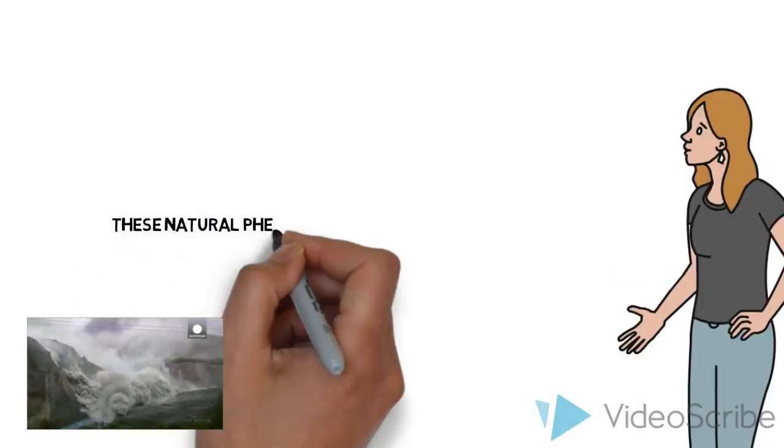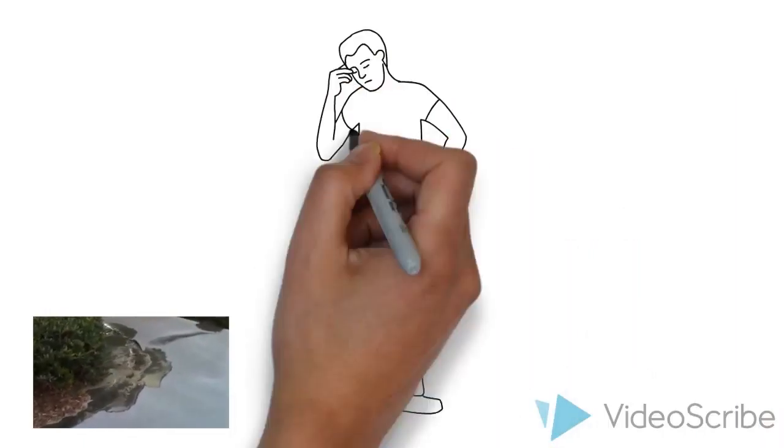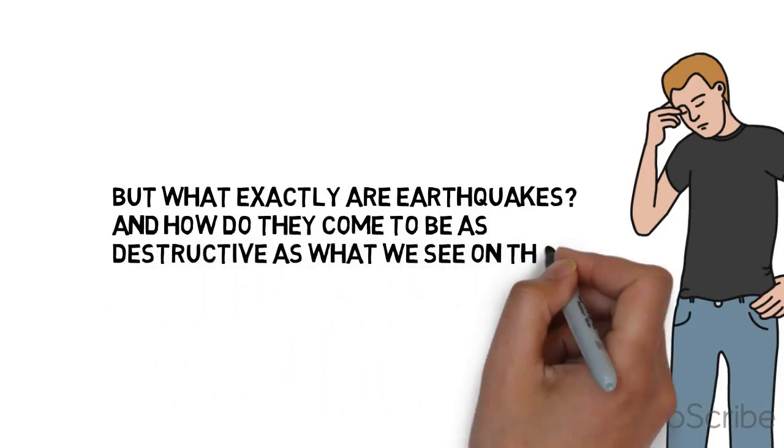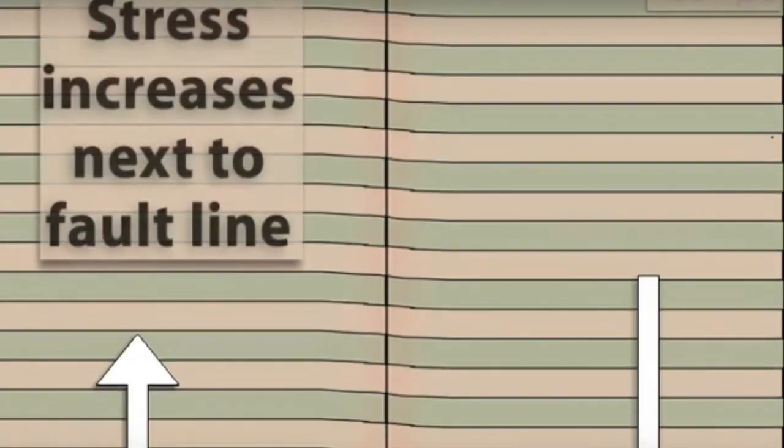These natural phenomena are primarily caused by earthquakes. But what exactly are earthquakes, and how do they come to be as destructive as what we see on the surface? The very beginnings of what we call earthquakes come from plate motion, where rocks experience stress which creates strains